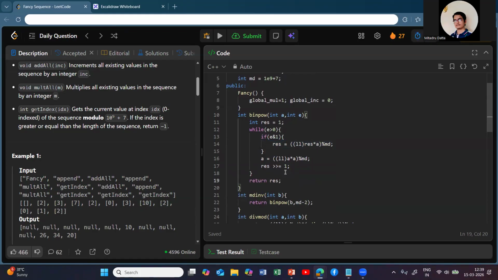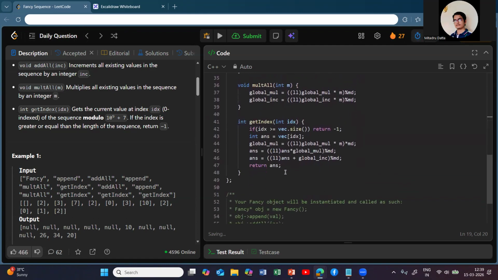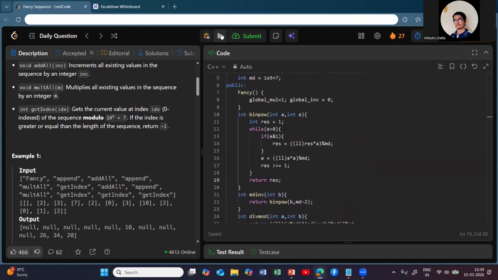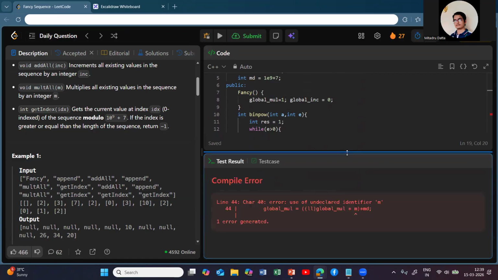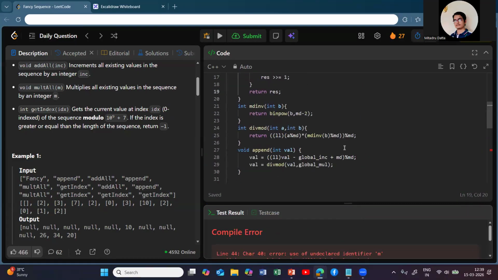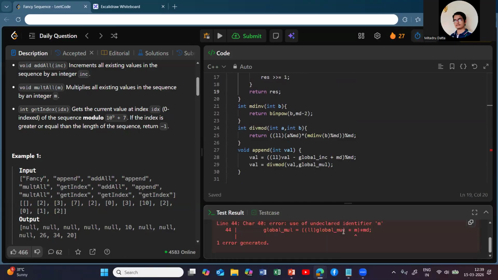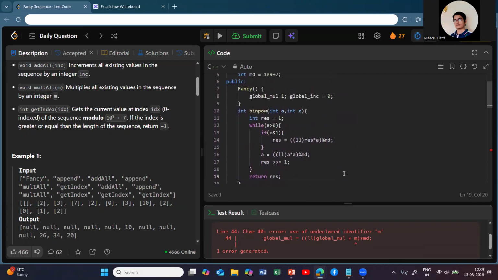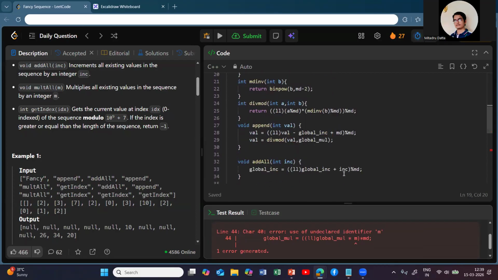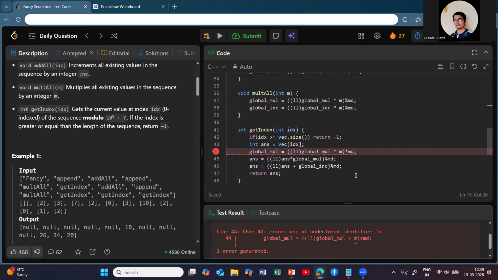I hope you got the result. And that's all with this problem. If you try to just submit it, you should get an accepted. Let's see. Compile error, undeclared identifier M. So where am I doing this? In line 44,